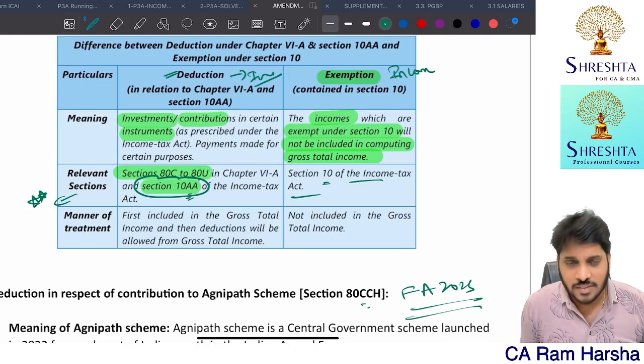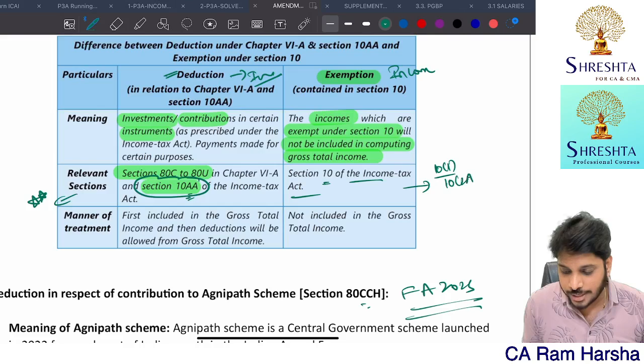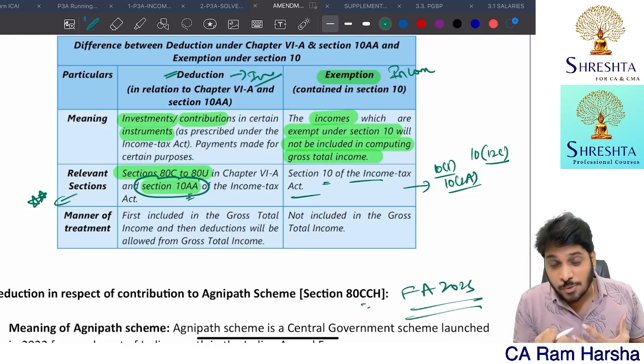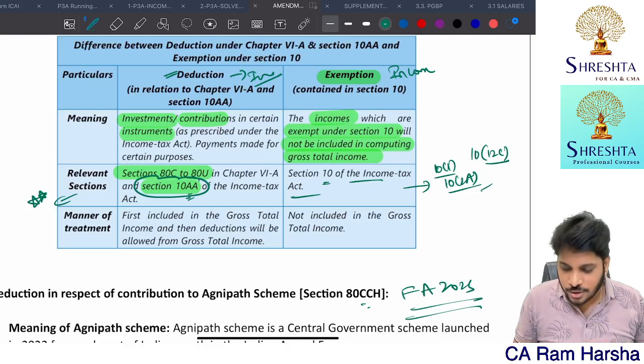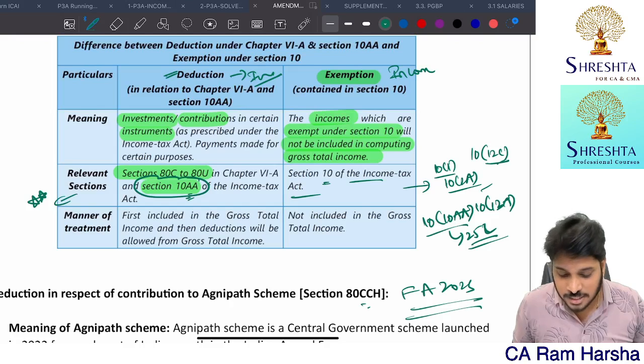And section 10 of the act is dealing with various exempted incomes. For example, 10 clause 1 dealing with agriculture income, 10 clause 2 dealing with share of profit of a partner, 10 clause 12C, which I'm going to write right now. So any amount received by Agniveer from Corpus Fund after 4 years of service, that is exempted. So all that we are going to discuss. 10 clause 13A HRA exemption, 10 clause 10A leave encashment exemption. Now maximum leave encashment exemption is 24 lakhs maximum.